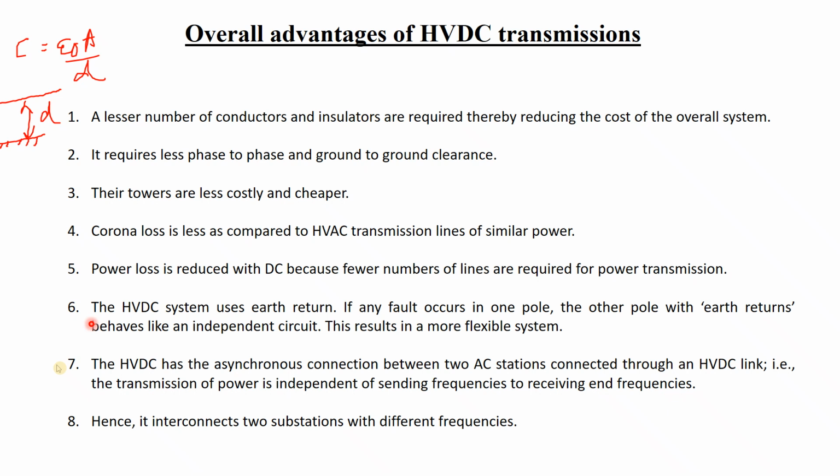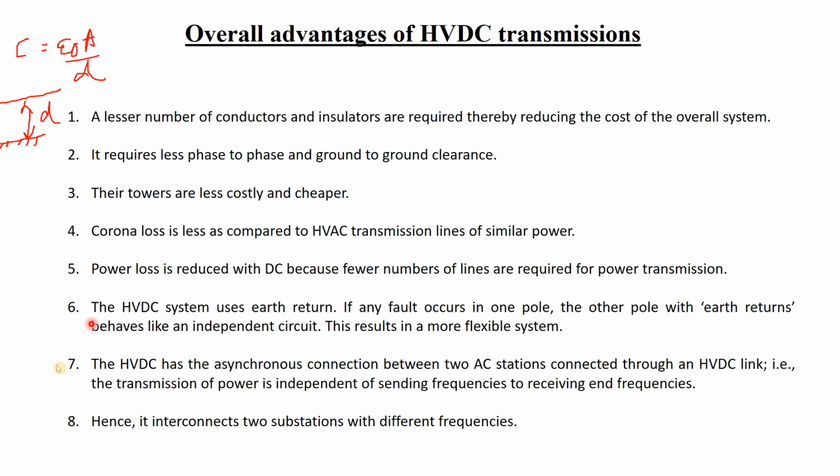In that case, if the voltages are matching, then we can easily connect them, because we don't have to go for a phase sequence, and we don't have to compare the frequencies. Because in AC, whenever we want to connect two power lines, the voltage should be equal. That is the first criterion. The second criterion is that we have to check whether the phase sequence is equal or not. That means the red phase should be connected to red phase, Y with Y and B with B. And also before synchronizing we have to check the frequency.